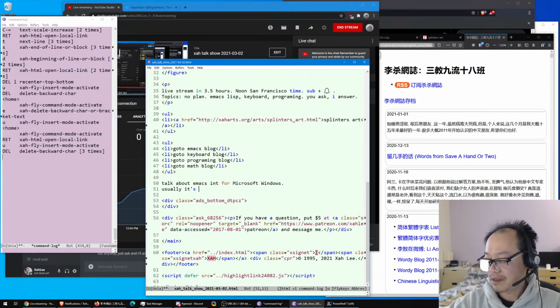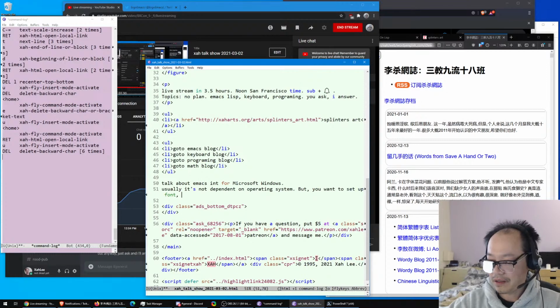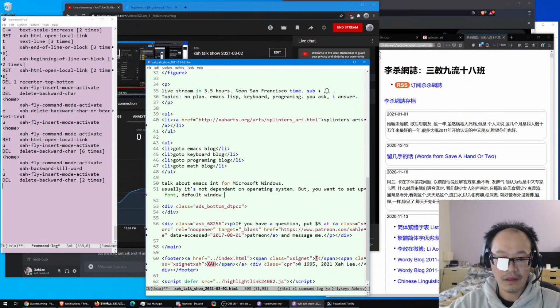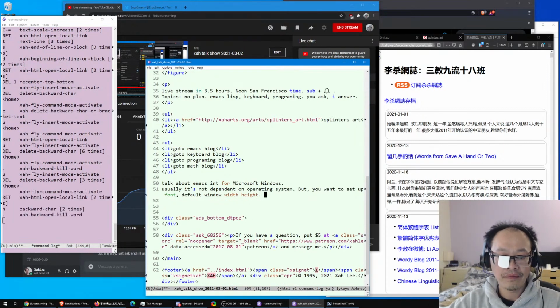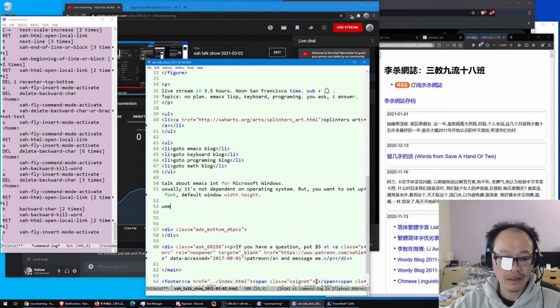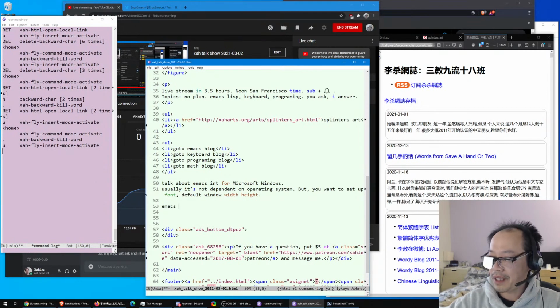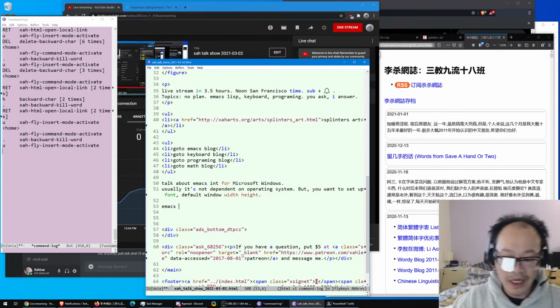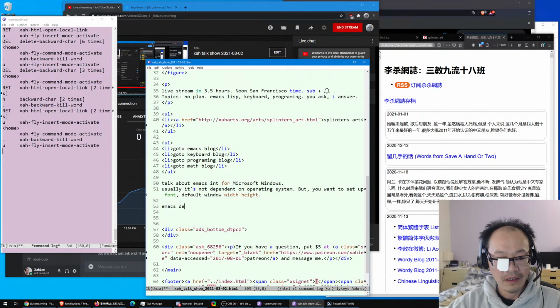usually it's not dependent on OS, but you want to set up the font and default window width and height. Those are the two things you want. And on Windows, Emacs depends on a few Unix commands. I'm not going to type. So the commands are